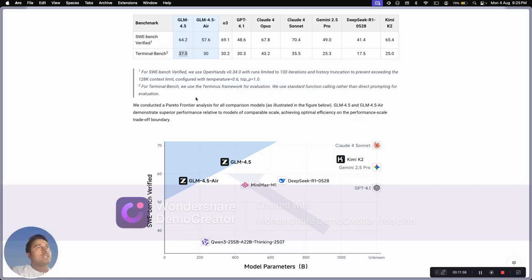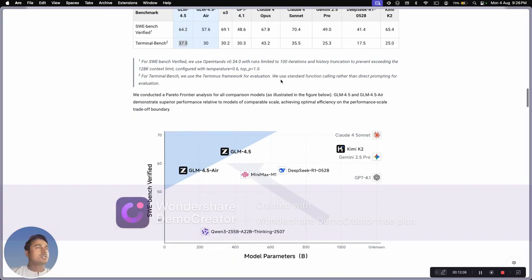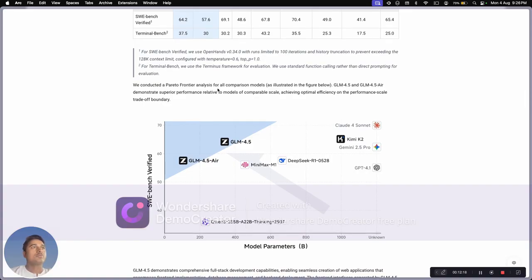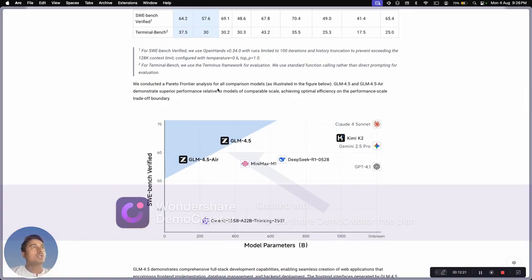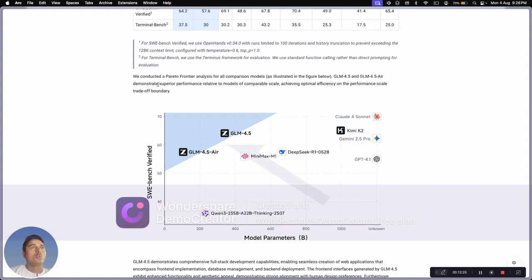For SWE-bench Verified, we use OpenHands with runs limited to 100 iterations and history truncation to prevent exceeding the 128K context limit, configured with temperature 0.6 and top-p 1. For Terminal-Bench, we use the Terminus framework for evaluation. We use standard function calling rather than direct prompting for evaluations. Okay, we conducted a